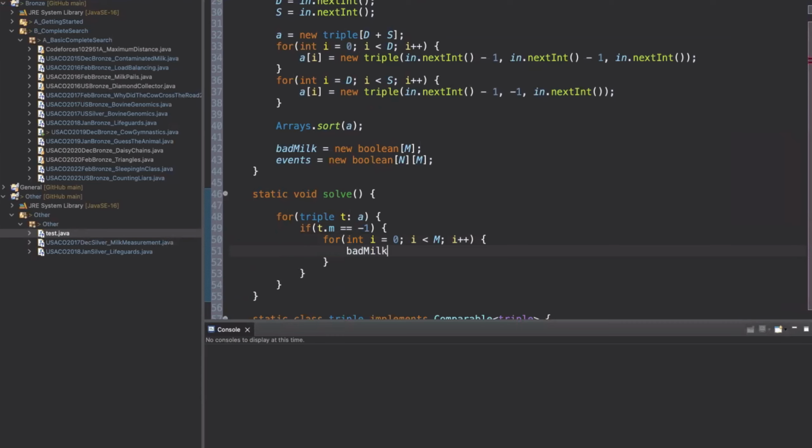And we're going to determine if the milk type is bad based on